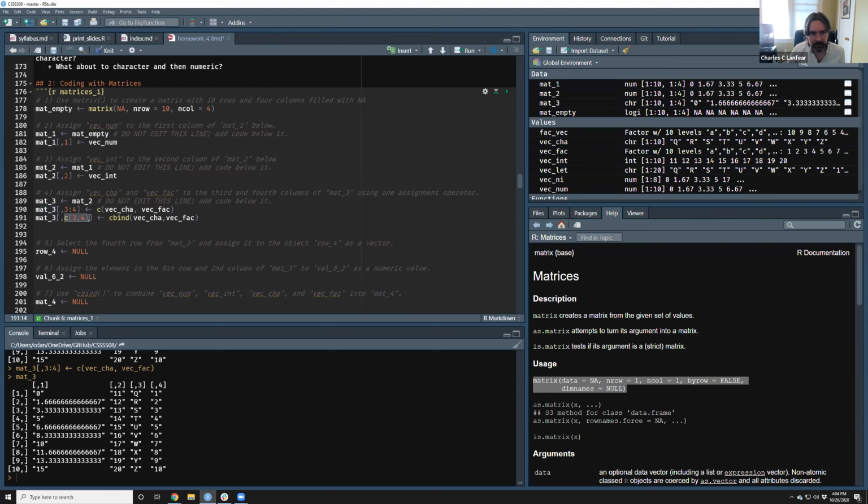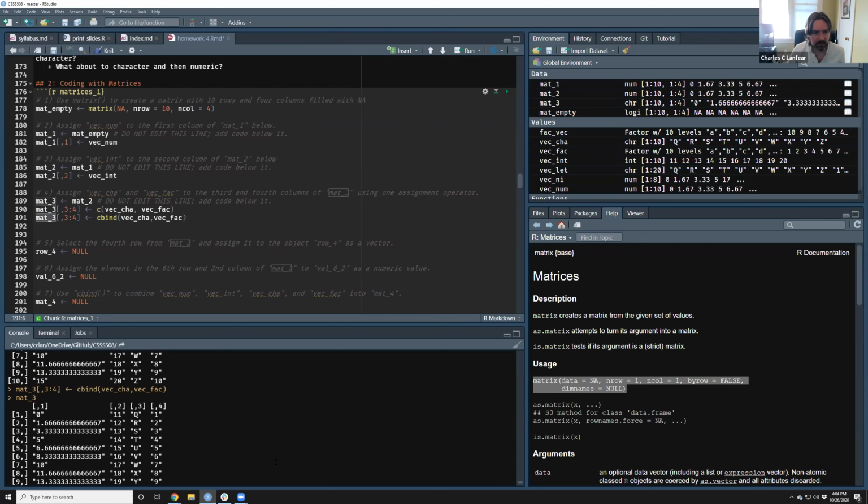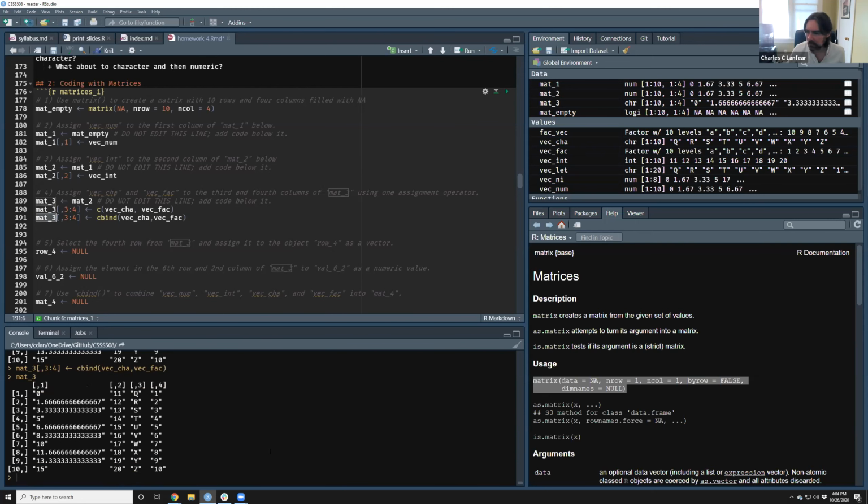Should work for both of these methods too. Those should both work. Incorrect number of subscripts on the matrix. Check and see what your mat3 object looks like. Is it a matrix? It is.